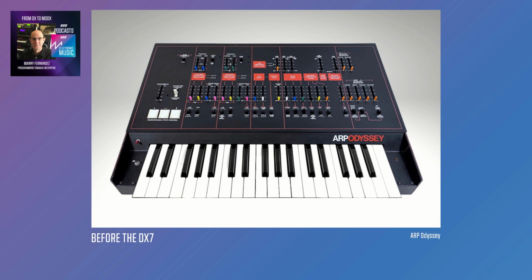You mentioned that you were doing programming for this friend's father, and was that how you got the bug into sound design for synthesizers? Was that where it all started? Yeah, basically that's where it started, being able to just have a synth that you could just twiddle around and figure out what it does. Because at that point, it wasn't anything that was learned. I was in high school and just